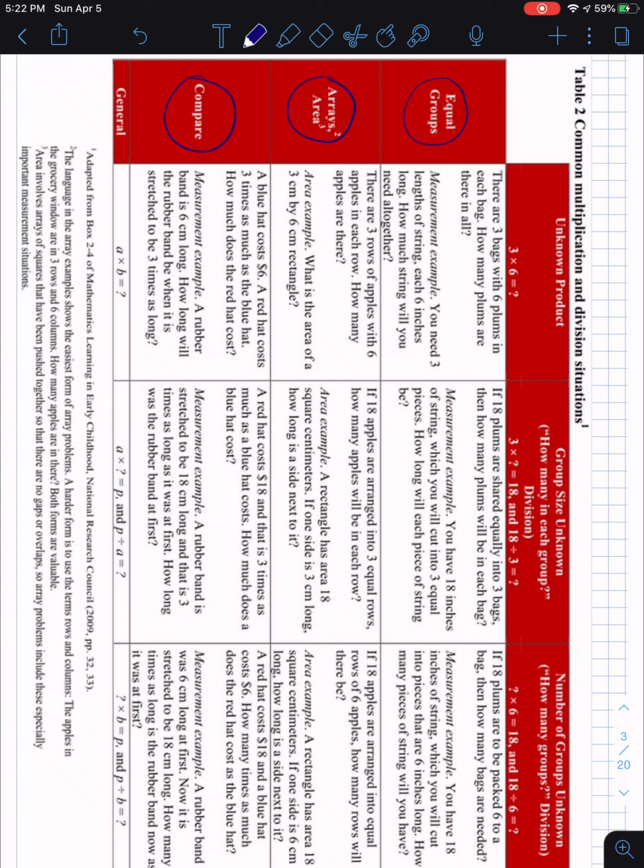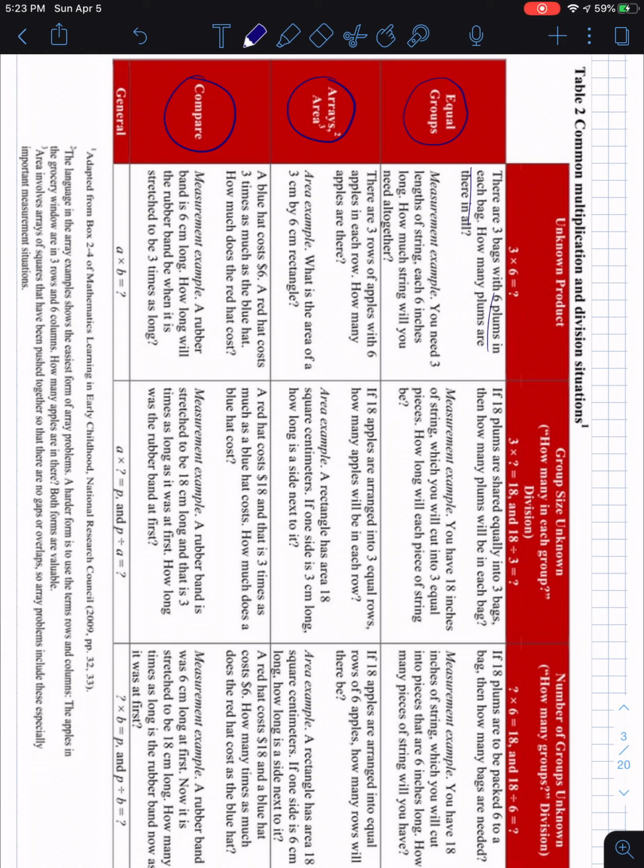So equal groups are situations, things like there are 3 bags with 6 plums in each bag. How many plums are there in all? If 18 plums are shared equally into 3 bags, then how many plums will be in each bag? You see that there are groups or bags of plums, and you have 2 things. You have the group size, which is 6 plums in each bag here,